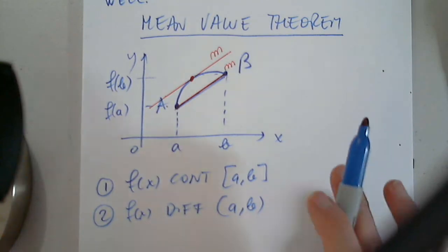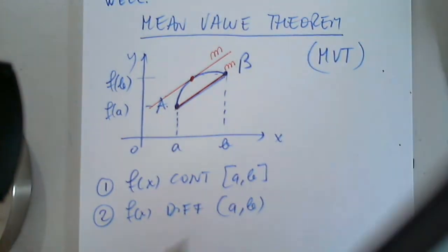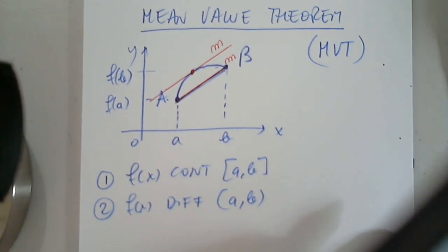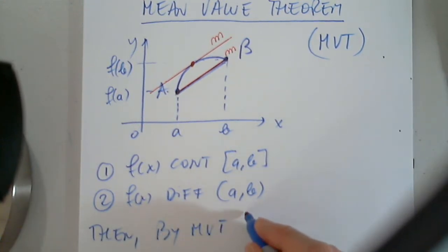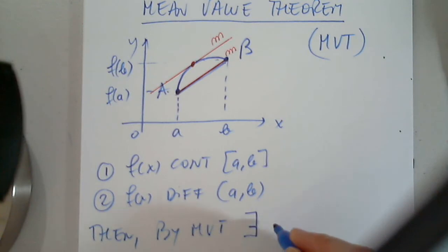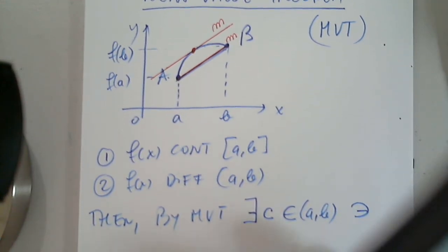The mean value theorem, also known as MVT, has only two hypotheses. Then, by MVT, there exists, of course, a c in the open interval (a, b) such that